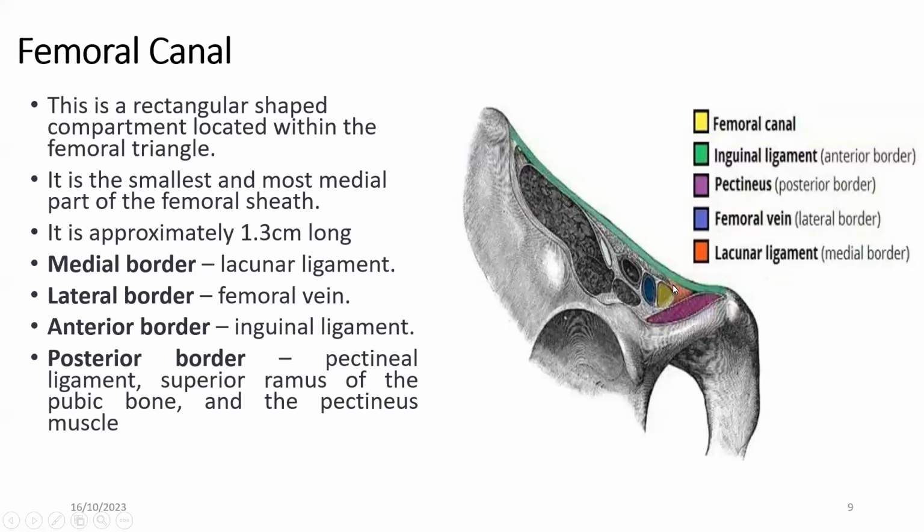pubic bone. The superior border is the inguinal ligament, and on this superior border, there is an opening known as the femoral ring, and this is what predisposes people to getting femoral hernias. The femoral ring is usually closed by a connective tissue layer known as the femoral septum, and it's usually pierced by the lymphatic vessels, which exit the canal. So the rigidity of this pectineal ligament and this pubic bone